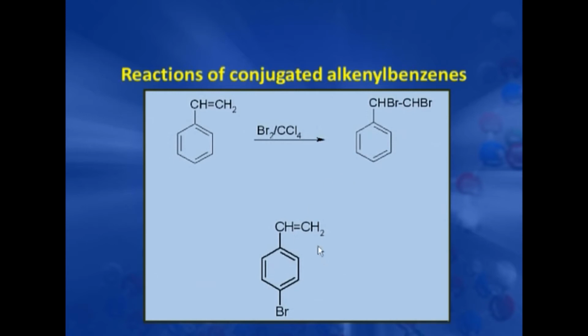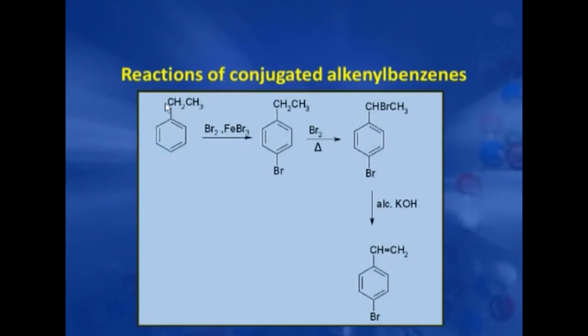So, we will not get this para-bromo, instead we get the side chain bromination. Now, if we want to prepare para-bromostyrene, then we have to start with ethyl benzene. Here there is no double bond in the side chain. So, if we do the halogenation with bromine and ferric bromide, then para-bromo ethyl benzene gets formed,